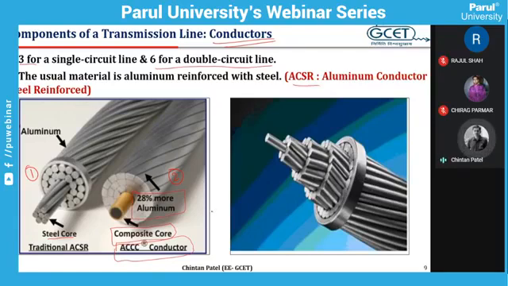As 28% more aluminum is used, the overall area of the conductor is increased, and as a result we know that R is equal to rho L divided by A. As area is increased, the resistance of the conductor will be decreased, and as the resistance is decreased, its current carrying capacity is increased enormously. So this is very brief about conductors.